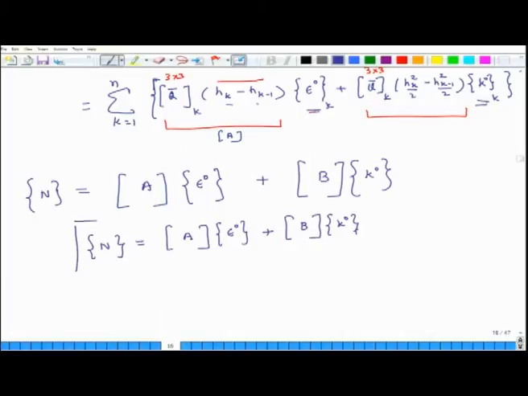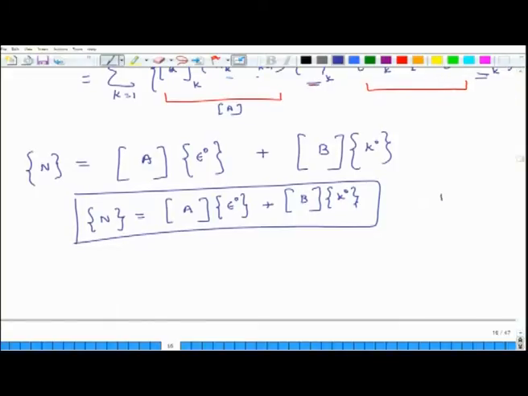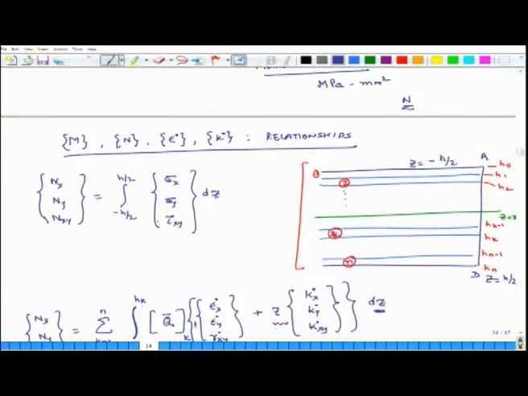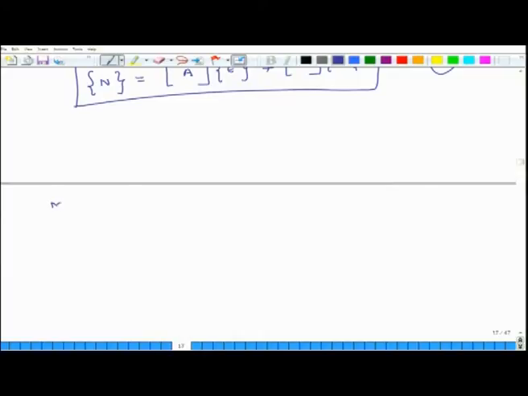This is one set of equations, and these equations connect force resultants to midplane strains and midplane curvatures. So, if for a composite laminate I know force resultants on the outside edges, if I know the value of force per unit length which is being applied, then I can calculate midplane strain and midplane curvatures using these relations. So, this is set 1. Similarly, these are the relations for N's, right? Similarly, let us see what we can do with the relations for M's. So, these are the relations for force resultants. So, now we do it for moment resultants.